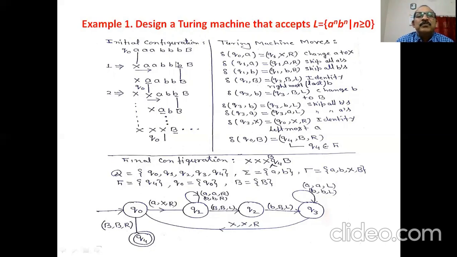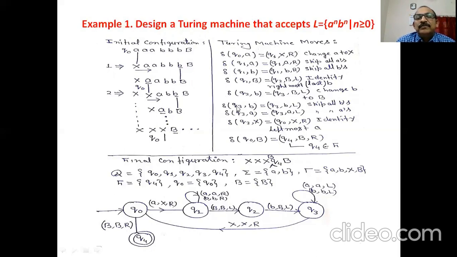Now the machine is in this place. And what we have to do in this place is convert this B into a capital B. How will you do this? The machine in state Q2, if B is encountered, moves to the state Q3, replaces this B by the blank B and moves in the left direction. And what will be our next step? We skip all B's and all A's. Now how will we do it?